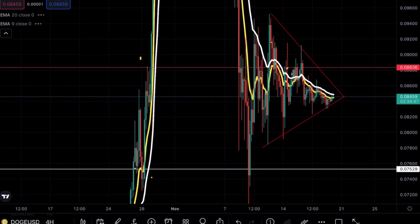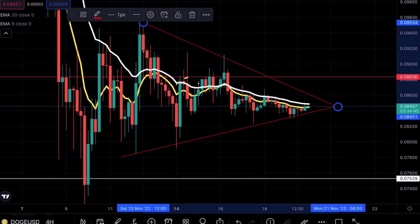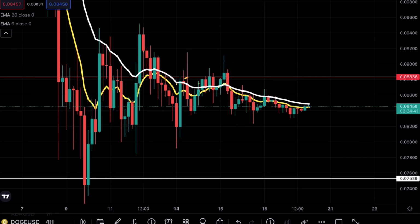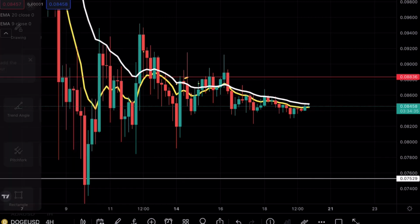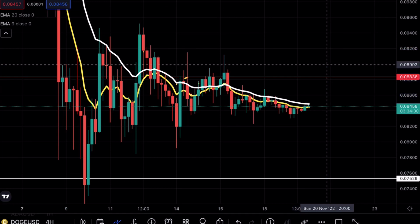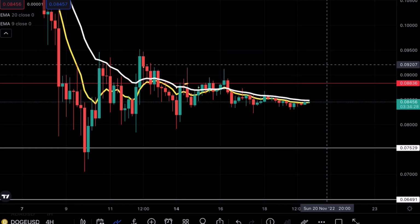If we go over on the 4-hour time frame and I go ahead and delete this triangle, you can see that we pretty much are still below the exponential moving averages. We are hovering right in between them. We are still seeing that form of resistance, but if we can of course break above these levels and find it as support before we continue pushing forward, that would of course become an extremely bullish situation on Doge for the short term. Now, speaking of the bullish fact, of course we'd have to get above that 0.08, because